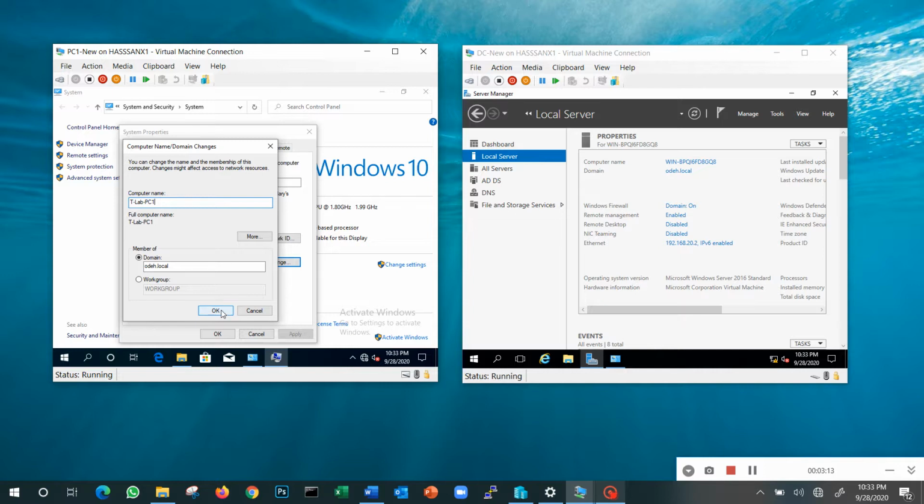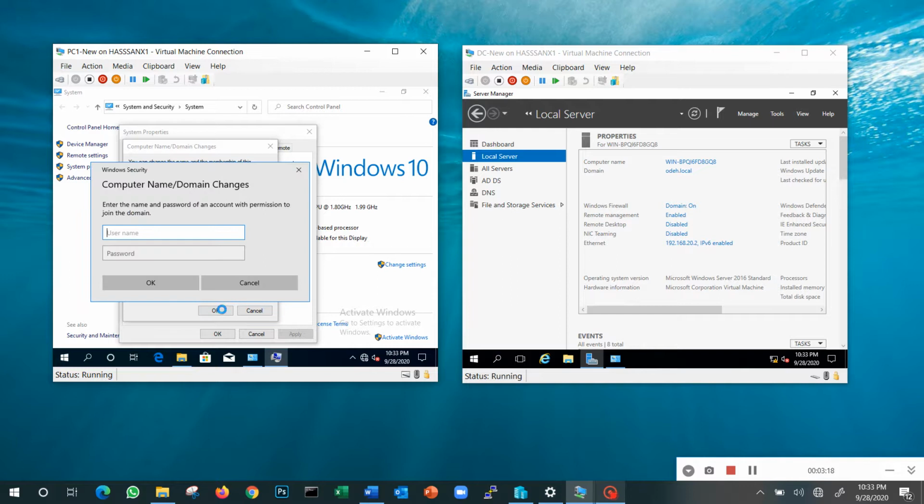And I click OK. Now the system will ask me for the domain administrator, the account that has the permission to join a machine to the domain. In our case, it's admin Hassan. And for admin Hassan, we created the username as A-Hassan. Good. If I use the Hassan account, it's just a normal user. He cannot join the machine to the domain. I have to use his admin account. If you still remember that, if not, review the part where we talked about the accounts. So A-Hassan, and then the password,